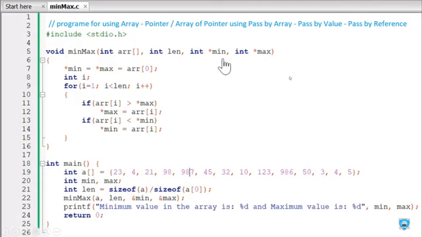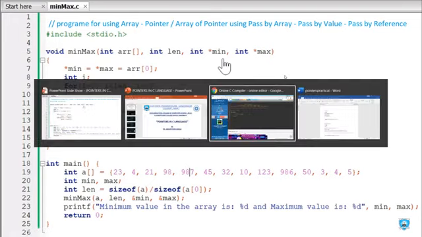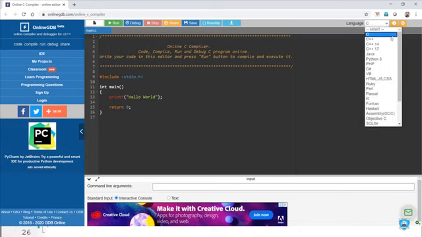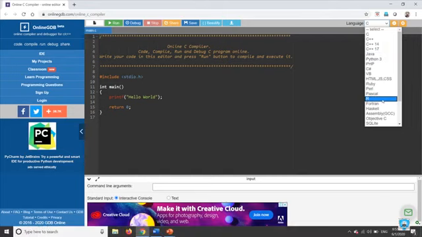To understand the programs' execution, I have already used an online compiler. So this is onlinegdb.com where a C compiler is used. Here you can take another language, like you can execute C, C++, Java, Python, C#, Visual Basic, R language, Perl, Ruby.